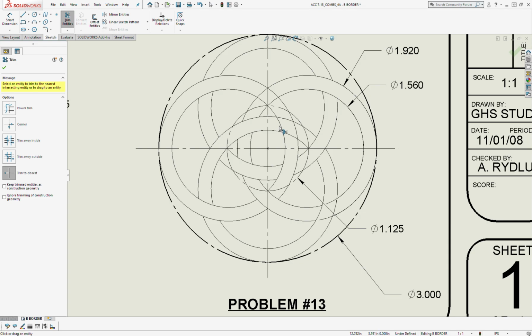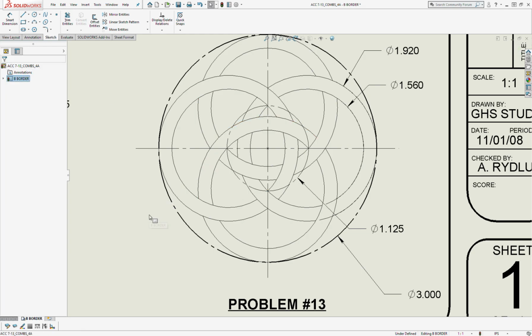Working my way around here, I'll get rid of that one and this one. And I believe, oops, nope, I got to get from here. And I got that one and that one. Okay, I believe I have everything trimmed out. Okay, so at this point, I'm going to do a quick Control S, and then I want to show you